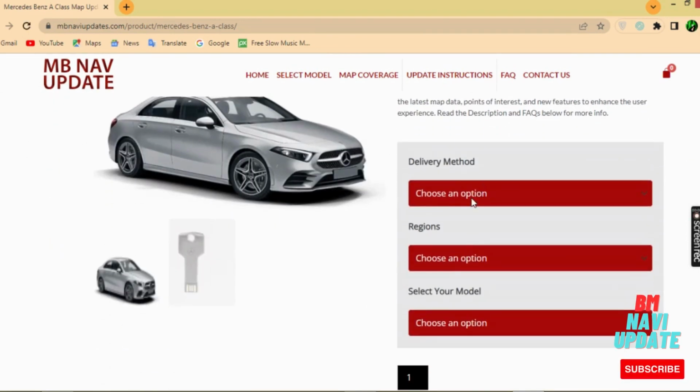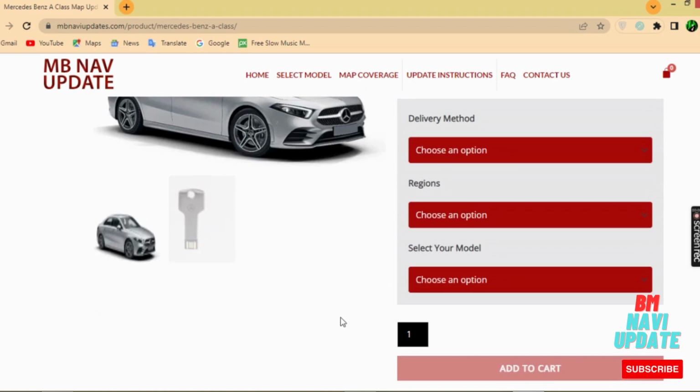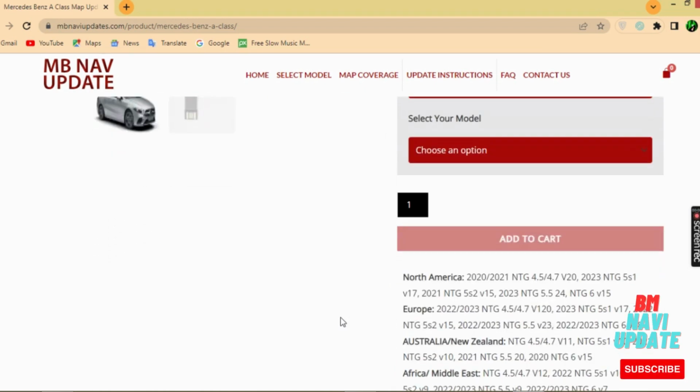Here is the delivery method and region section as well as select model section. Just by clicking on those sections, you can proceed to the checkout page to complete your purchase. It's that simple. Now by clicking a map coverage option, you will come